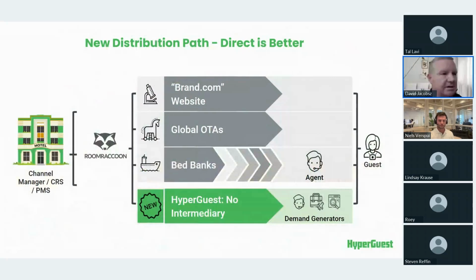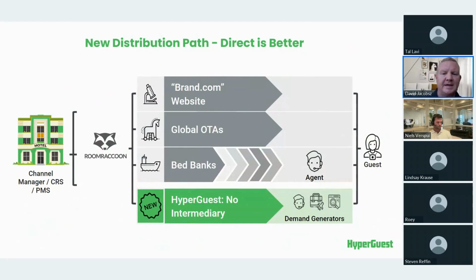You've got your own website. Yes, we know that. You've got your OTAs that are connected via, for instance, RoomRaccoon. But most importantly, then you've got these other channels, and there are so many middlemen involved that it sometimes can get confusing. And this is where HyperGuest comes into play, where we basically take away that middleman and give you access to this distribution list. So from a hotel side, with a good channel manager like RoomRaccoon, connect to HyperGuest, and HyperGuest takes care of the rest. So we are going to talk about increasing revenue through direct business.